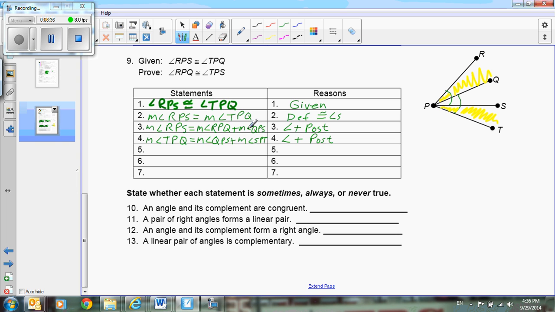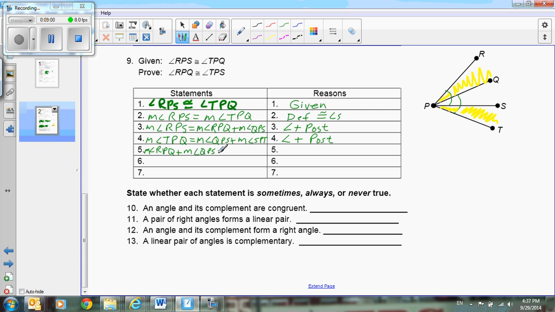So what I'm going to do is rewrite step 2, but instead of putting the measure of angle RPS, I'm going to put what it's equal to, which would be, and I'm going to have to squeeze this in here, prepare to write small, the measure of angle RPQ plus the measure of angle QPS